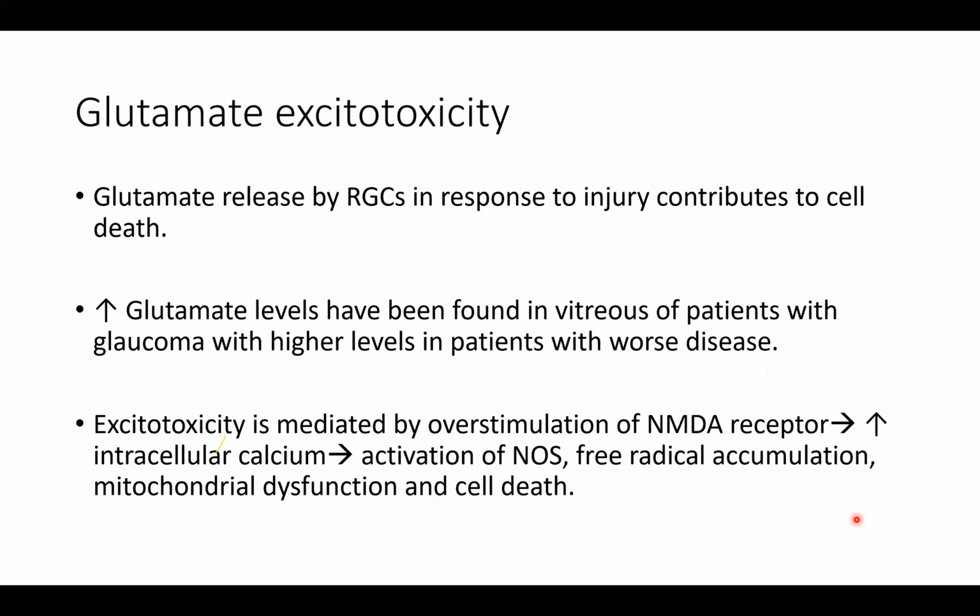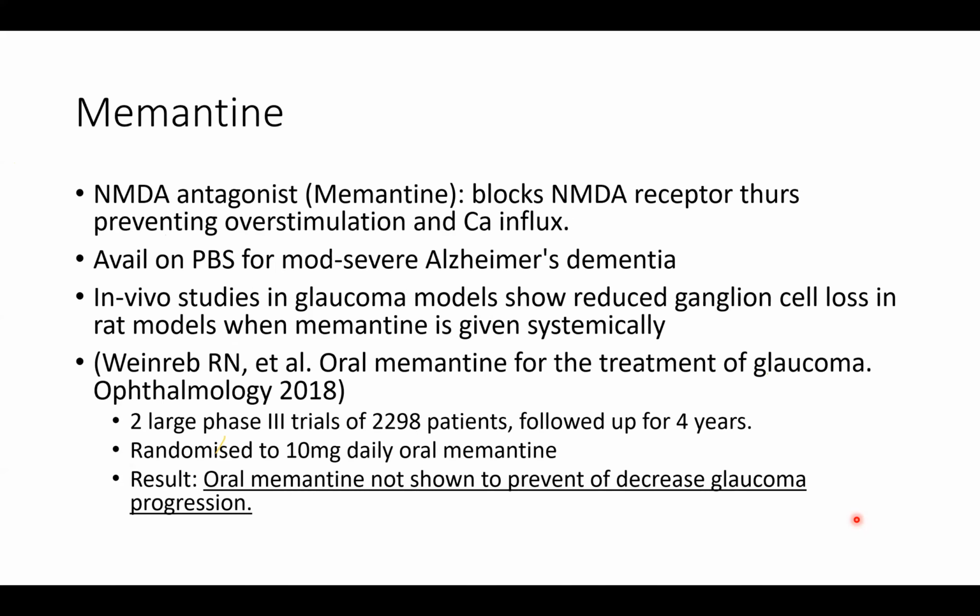The glutamate causes overstimulation of the NMDA receptor, which causes an influx of intracellular calcium and activation of nitric oxide synthase, free radical accumulation, and mitochondrial dysfunction and cell death. Memantine is an agent which blocks the NMDA receptor and prevents this overstimulation from glutamate from taking place, and also reduces the calcium influx. It's actually available in Australia on the PBS for Alzheimer's disease and is being investigated for